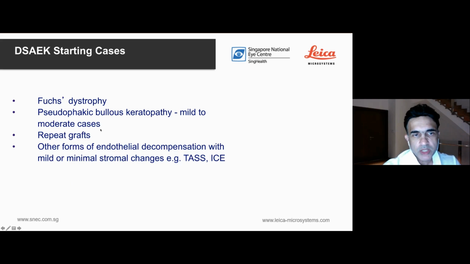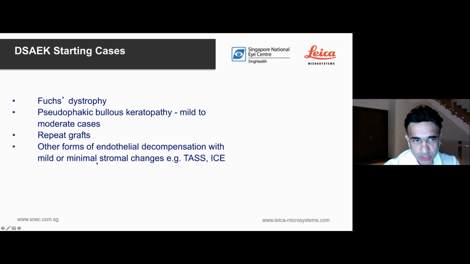So this is a very nice case to start with. Other cases that are good to start with are patients with pseudophakic bullous keratopathy, typically mild to moderate cases. What I mean by that is the stromal haze is not too bad. Remember, you're not changing the stroma like you do with full thickness penetrating keratoplasty, so if there's too much haze, it may affect the view. Repeat grafts when you get a little bit more confidence,